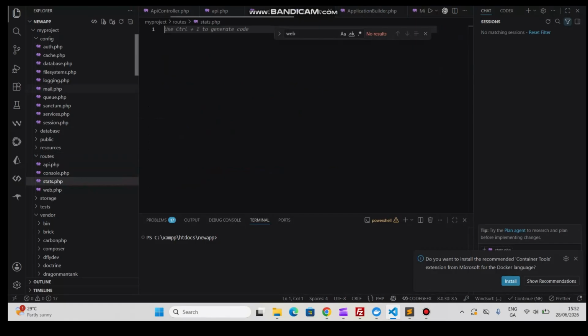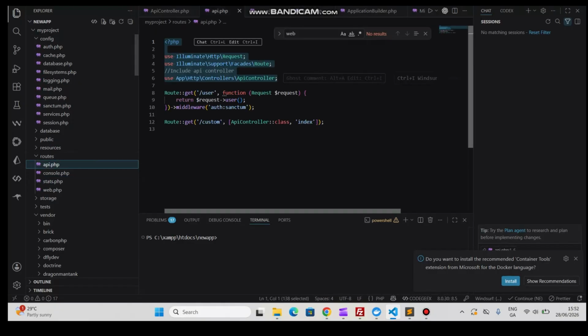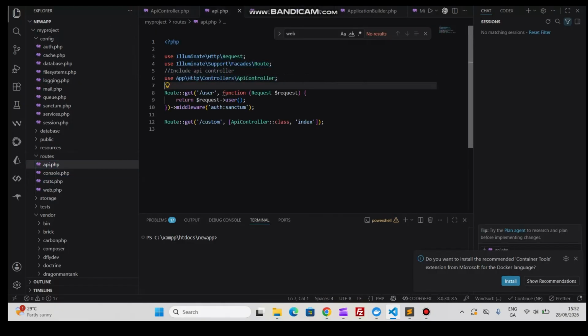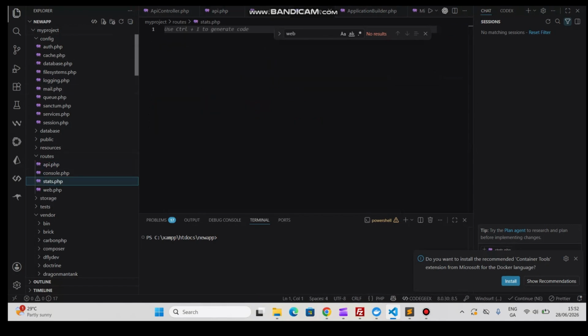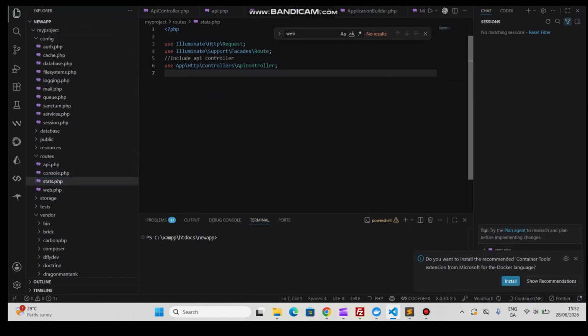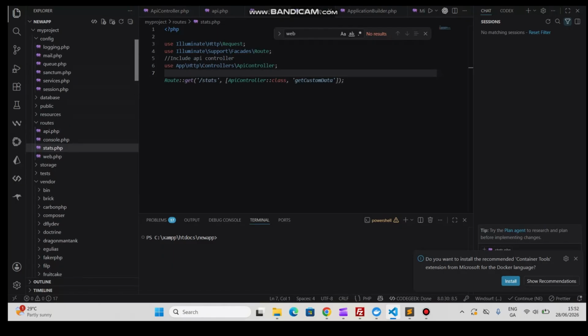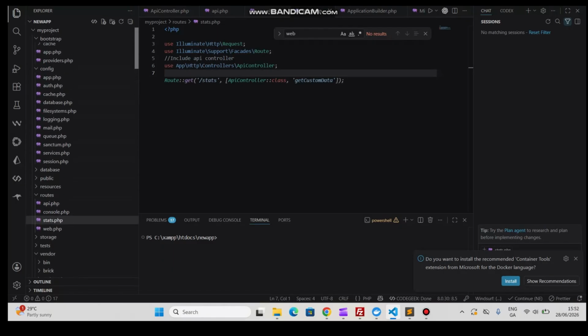So now to create a custom route, we are going to create a new custom route file, that is stats.php. Okay, so once we do this, let's copy the same logic from here. The same will include the same files from this file over here. So once we do this, the next part where you need to go is